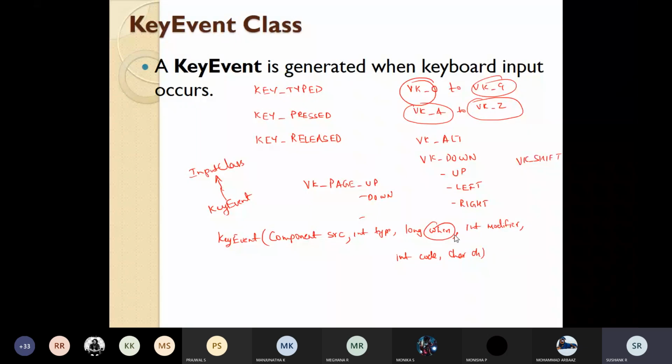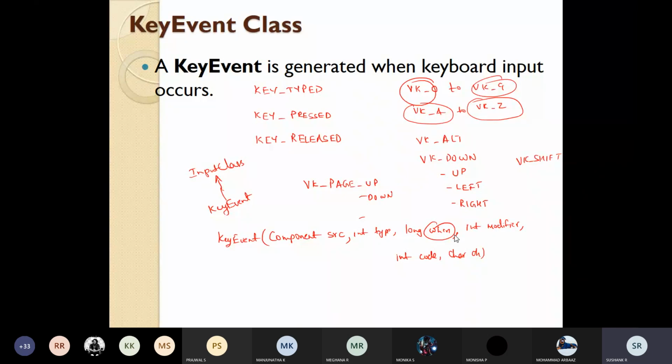After that, the modifier parameter will tell us which modifier was pressed when this event occurred. And the code contains the virtual key codes. It can be VK_A, VK_0, VK_Z. So this code contains the virtual key code which will be passed.